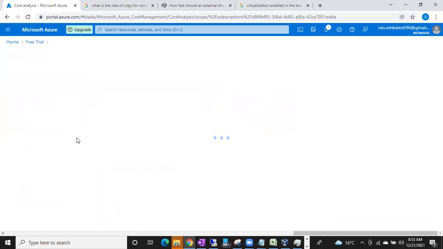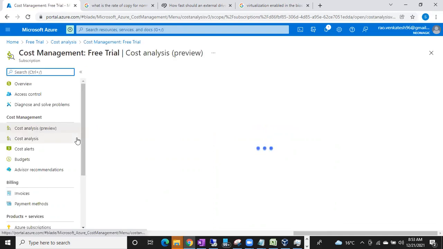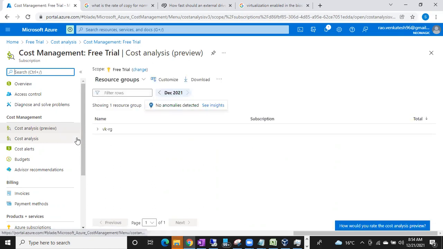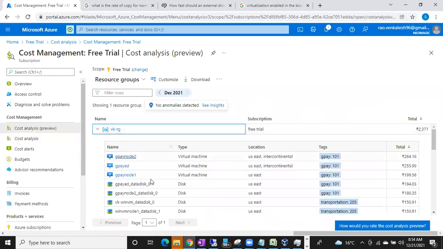As of now I have two resource groups. One is my old resource group, the second one is the Batch 41 resource group. Under Batch 41, you have to pay for all the resources that are there. You have to pay for the VM, you have to pay for the disk, you have to pay for IP addresses. The worst thing is you even have to pay for the IP address. If you expand this one, you can see here.